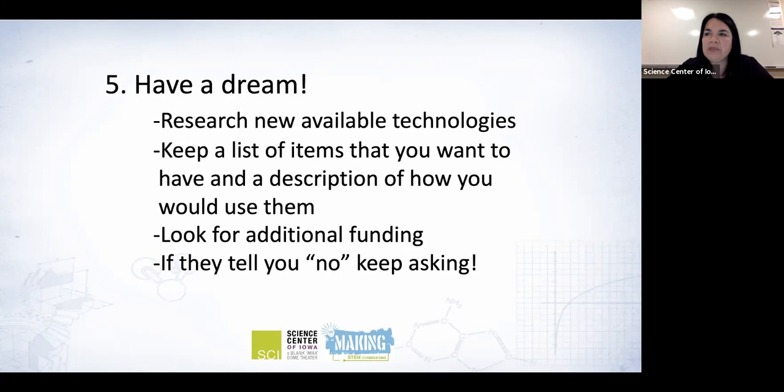Or, how could you look at having access to that in other ways? But look for additional funding. Leverage your Making STEM Connection award against finding or being able to buy more or purchase more or have access to. And keep asking, keep looking, and keep asking for those things that are new and upcoming and that you have a dream for. So don't be afraid to put that dream bank of 3D printers on your list. Put it there and keep working towards it if you believe that is something that's going to help your students